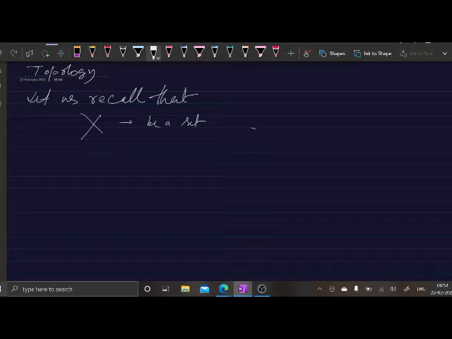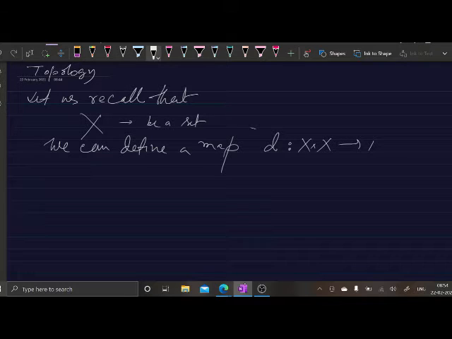Then on X we can define a map D from X cross X to R by